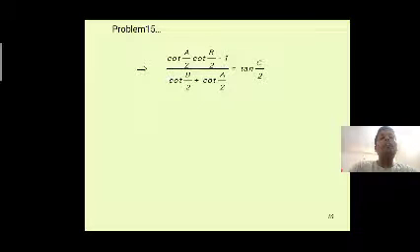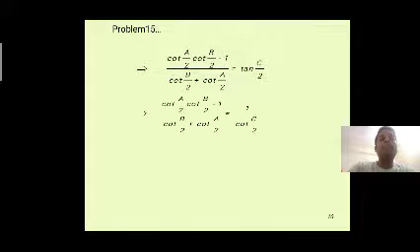Now we write the cot a plus cot b formula and apply it here. Cot a by 2 into cot b by 2 minus 1 by cot b by 2 plus cot a by 2, that is equal to tan c by 2, since cot of 90 minus theta gives tan theta. So we write tan c by 2. The next step: cot a by 2 cot b by 2 minus 1 divided by cot b by 2 plus cot a by 2 equals tan c by 2. The opposite function of tan is cot, so we write 1 by cot c by 2.